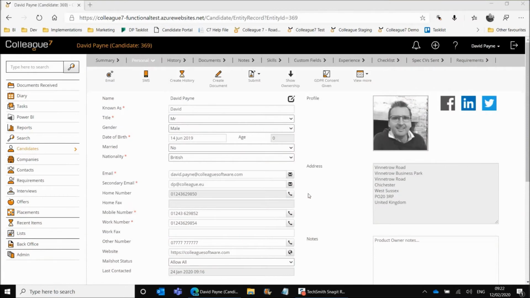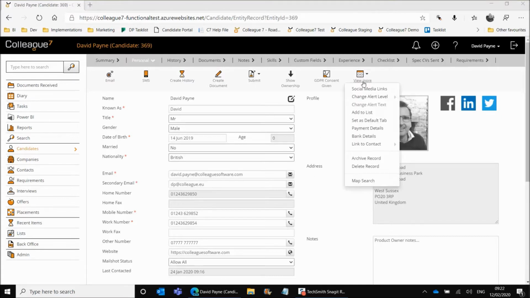So in this video, we're going to go through the different back office related details that are stored against the candidate record, how those details are accessed, and ultimately what they'll mean further down the line. So we're within a candidate record here, and there are two components within this area